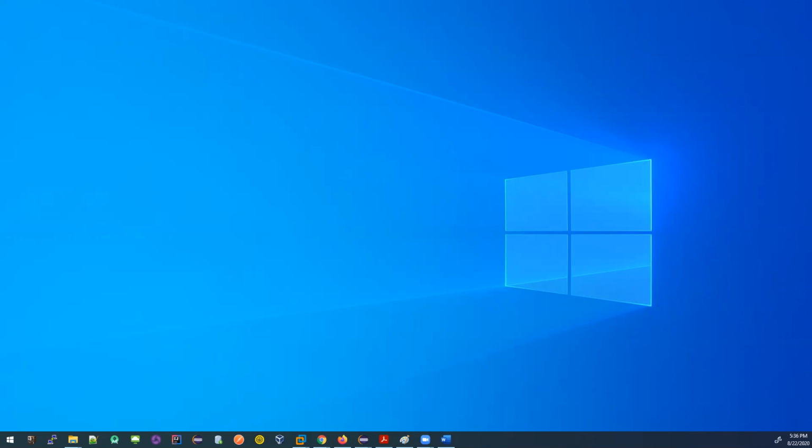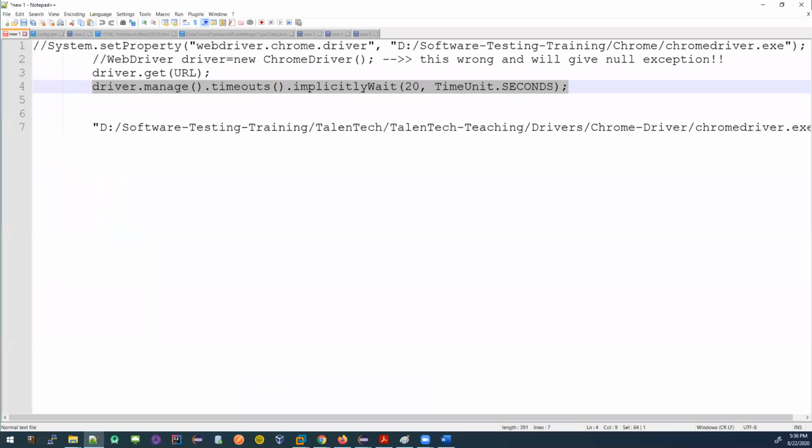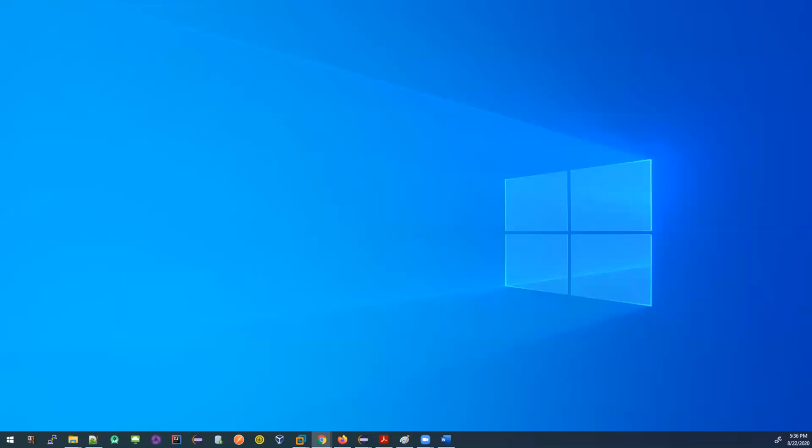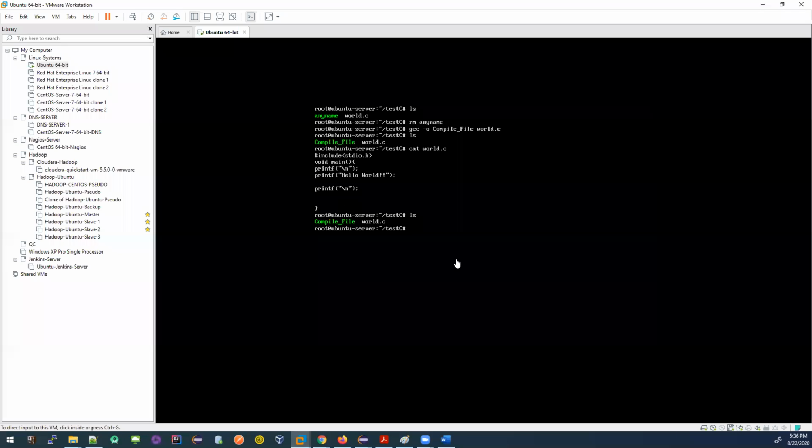Let me create a file here. Hold on one second. I want to create a Java file. I am not using an IDE, okay? Maybe I can use this computer system. Hopefully I have everything installed here.